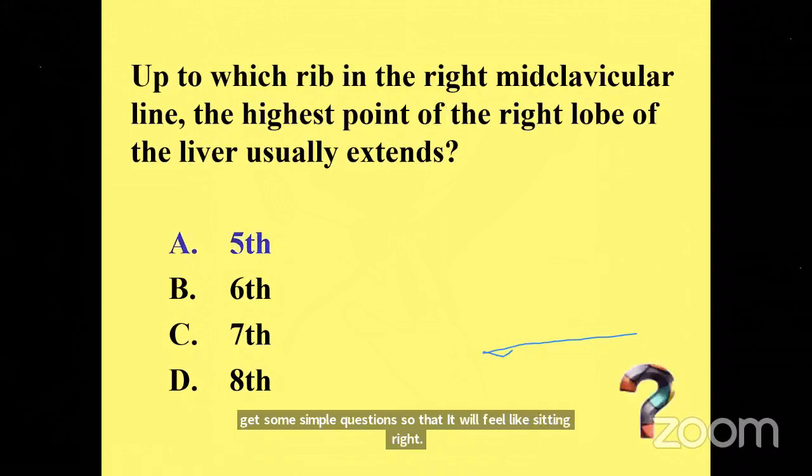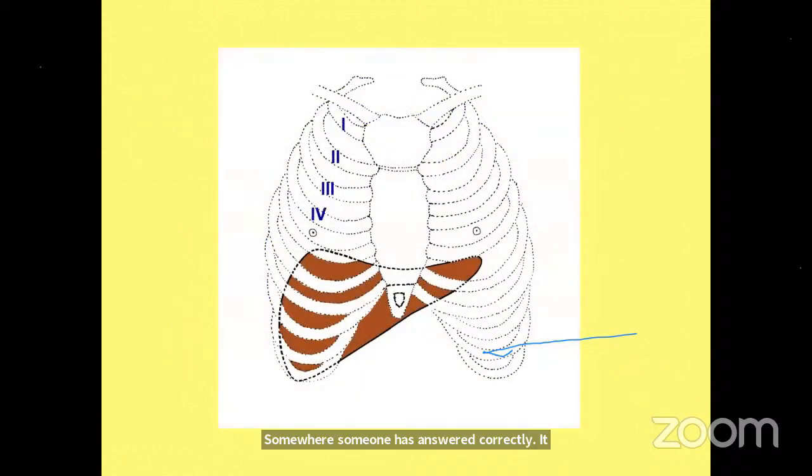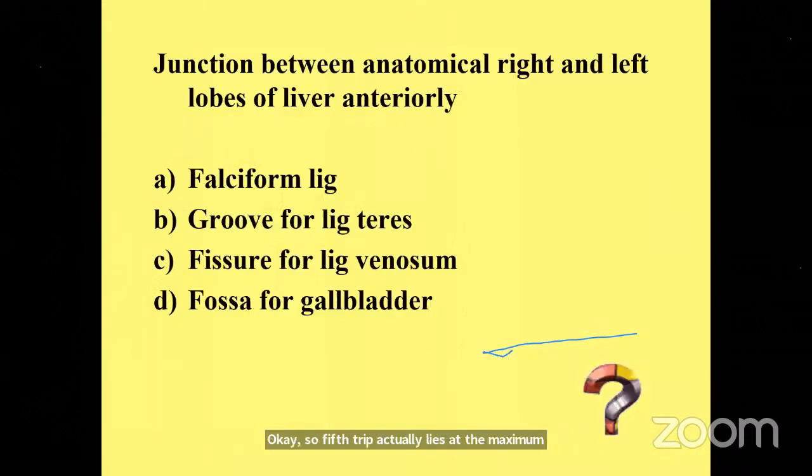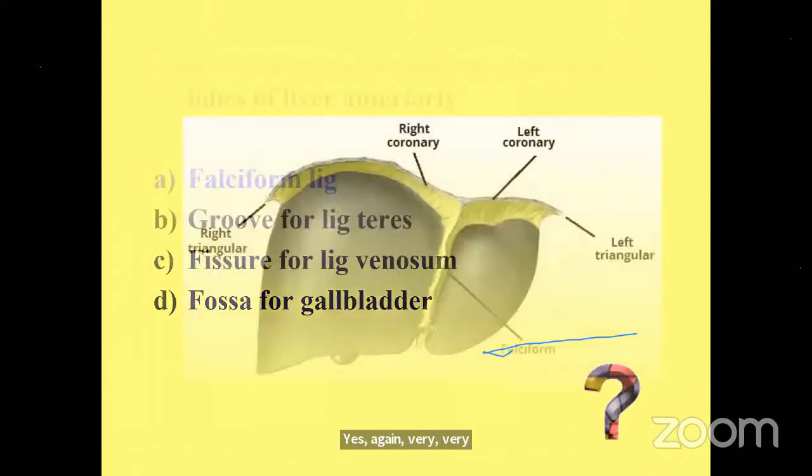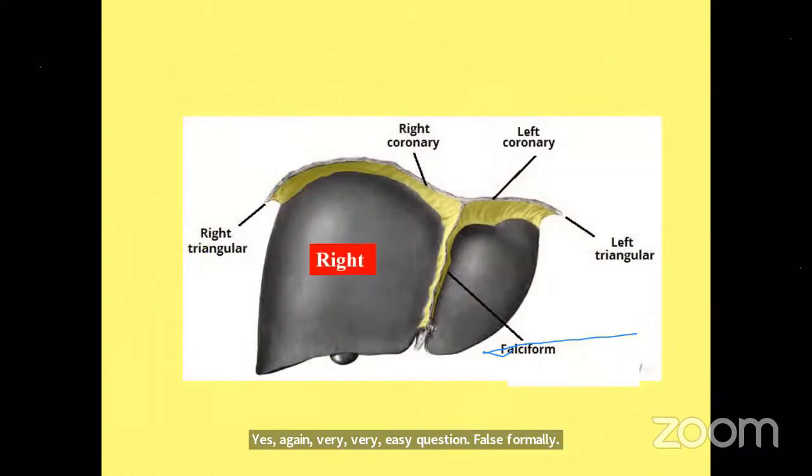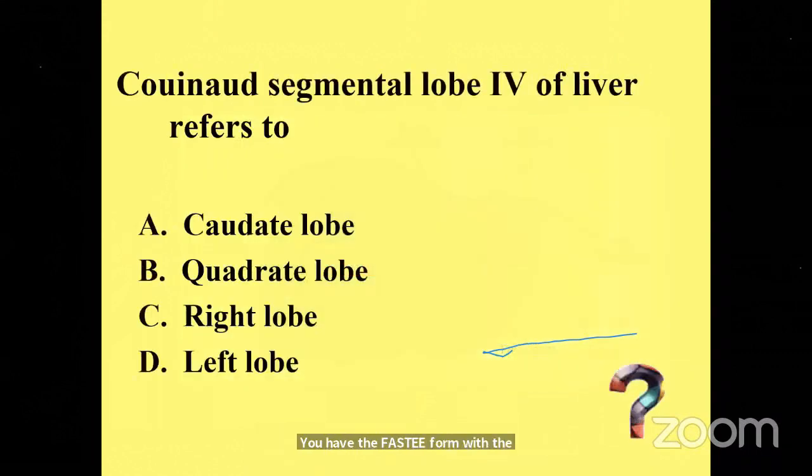Someone has answered it correctly. It is the fifth rib. The fifth rib actually lies at the maximum convexity. Junction between the anatomical right and left lobes of liver anteriorly. Which structure will you get at the junction of right and left lobe? Yes, again, a very easy question. Falciform ligament. You have the falciform ligament which divides the liver into right and left anatomical lobes, and you have